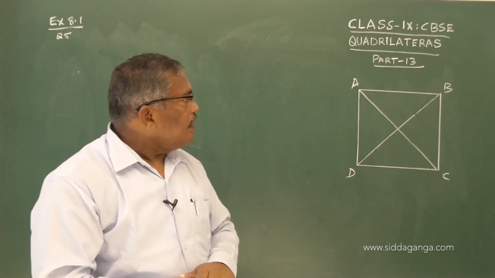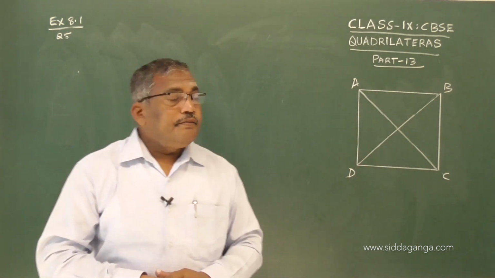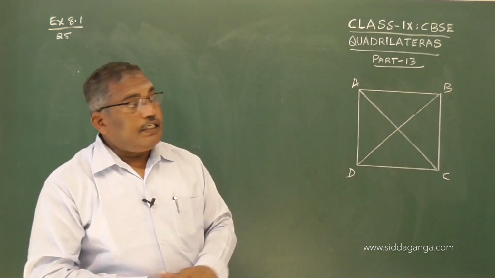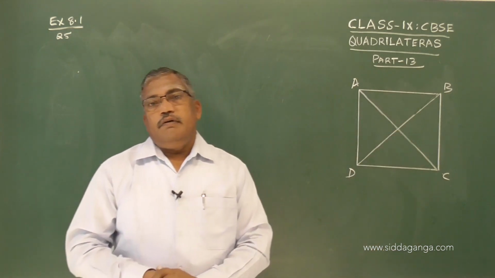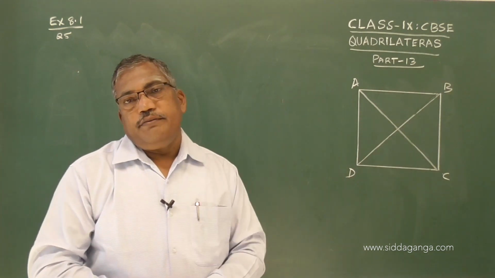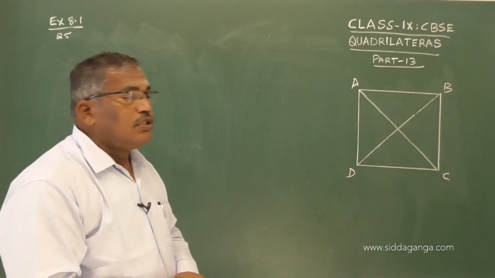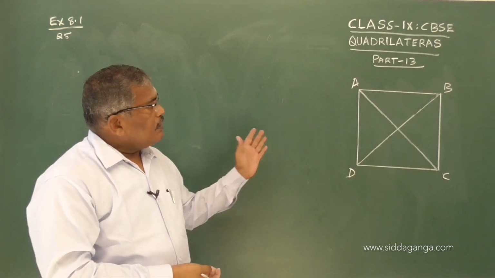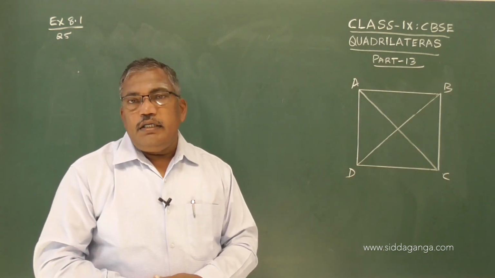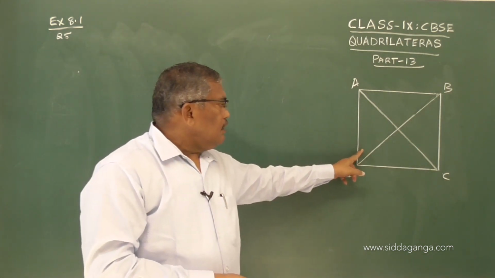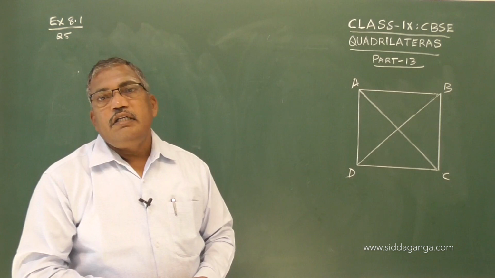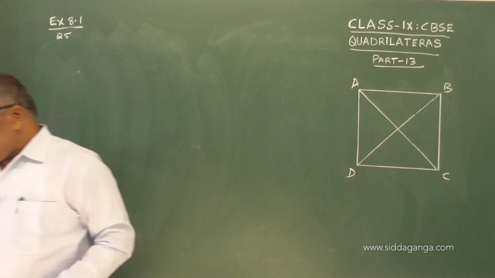In the quadrilateral, the diagonals are equal and they are bisecting at 90 degrees. So, the internal data is given. We have to prove that the given quadrilateral ABCD is a square. So, to prove that it is a square, what is needed? We have to prove that the opposite sides are equal and one of the vertex angle A, angle D, angle C or angle B is 90 degree. So, then our job is done.